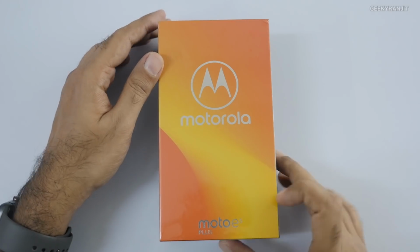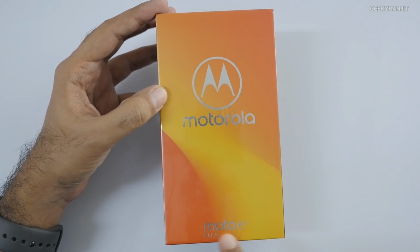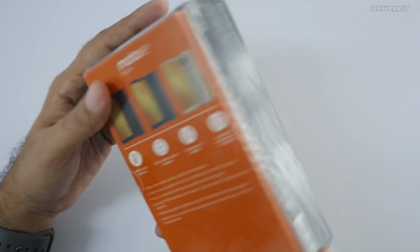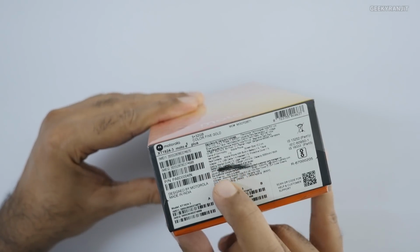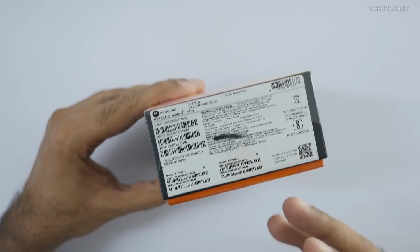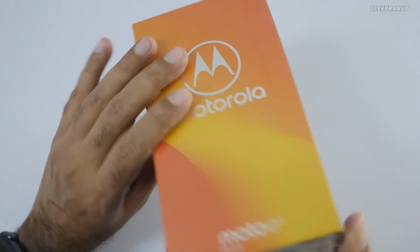Hi there, this is Ranjit, and in this video we'll be doing the unboxing and have a first look at this Moto E5 Plus. And guys, it's a review unit, as you can see. Hence they have removed the pricing. I don't know the pricing as of now, but I'll leave the info regarding the pricing in the YouTube description